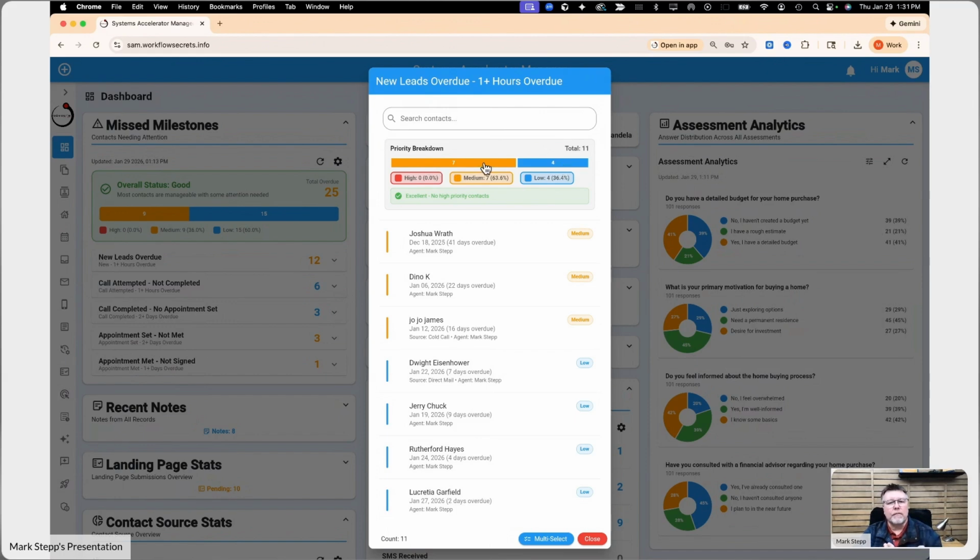How do people get on that list? So they could have come in from emails that get sent to you, that get parsed automatically through SAM. They get added from your website, from Facebook lead ads, any number of ways that you're bringing those in right now. If you've got some kind of lead source,